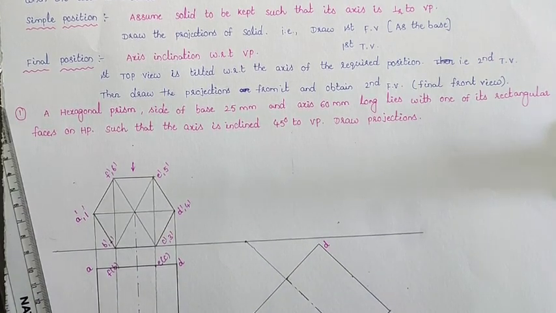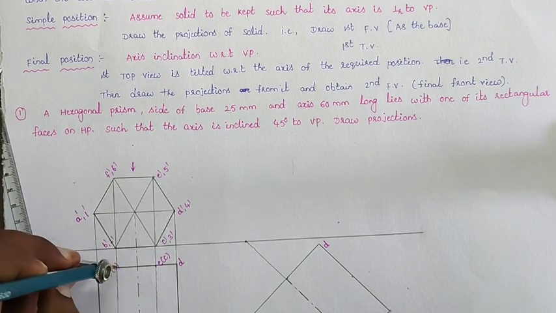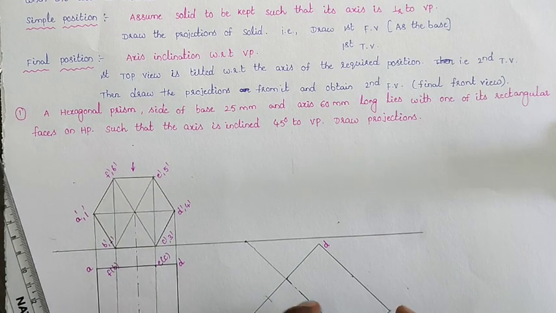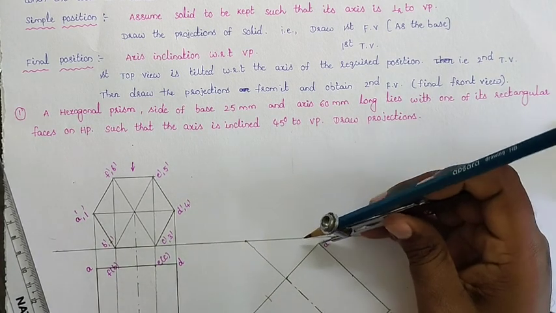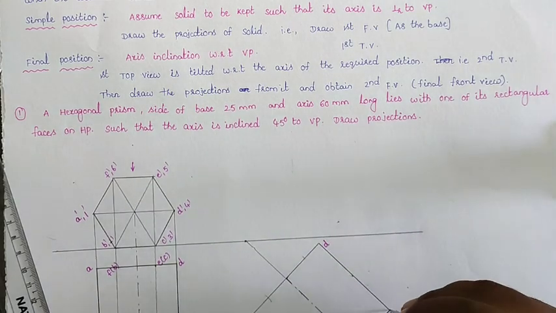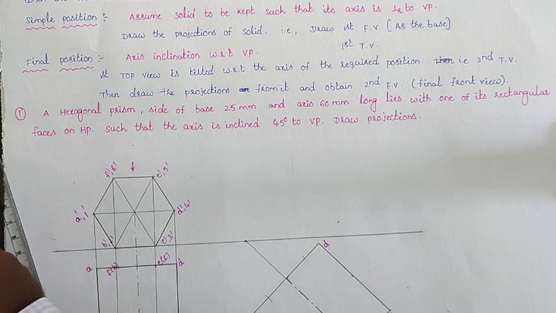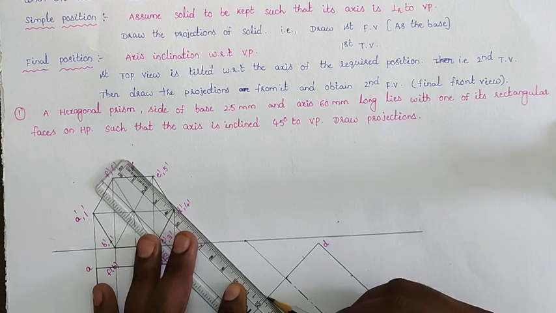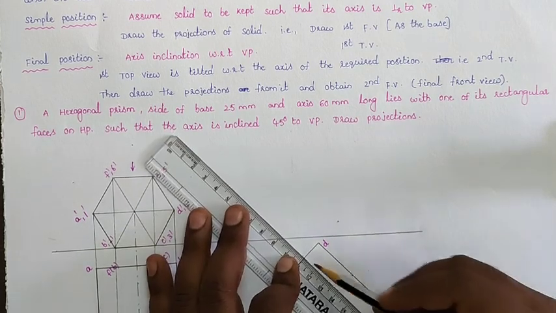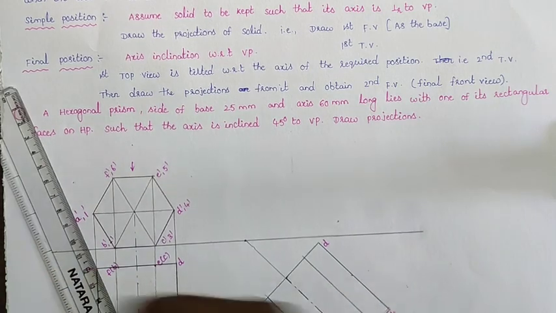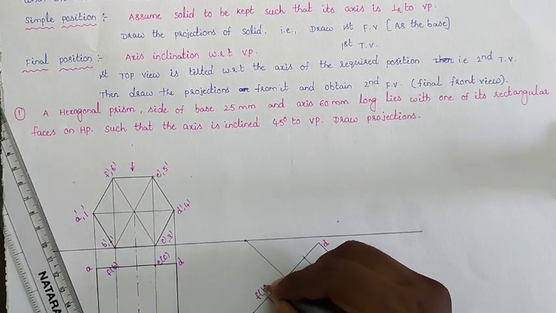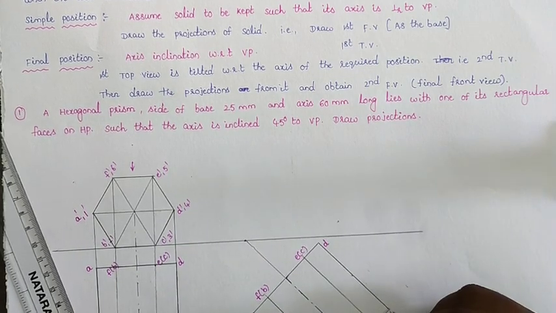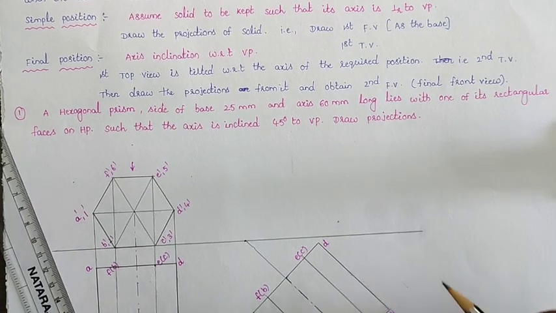After that I am locating all the points, measuring the distance from A to B, and here I am drawing an arc, and from this side also with the same distance. Similarly from point D, from point 4 also, with the same distance we will draw the arcs. So locating these points as F, P here, and this is E, C, and this one is 6, 2, and this is 5, 3. So this is our second top view of our diagram.